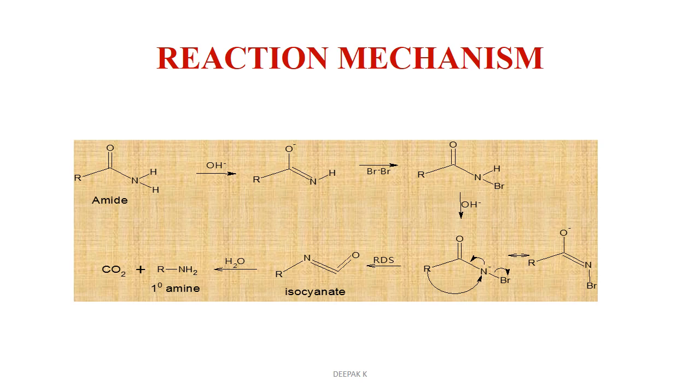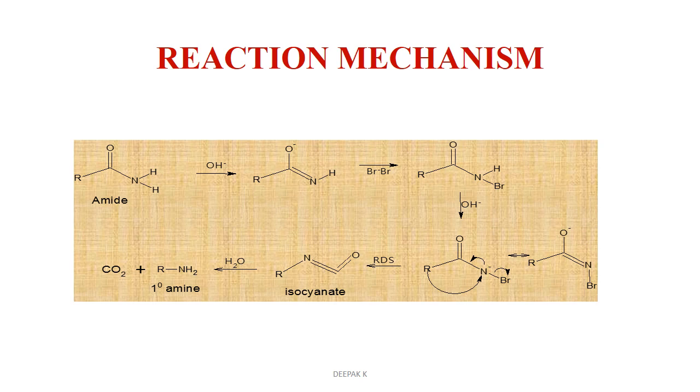And now look at the mechanism. In the first step, the amide, in presence of a base, removes one of the protons from NH2 to give the intermediate, right? And then in the next step, you are adding bromine, because the two reagents we are using are bromine and hydroxide. So hydroxide will remove the proton, and nitrogen will undergo electrophilic attack on bromine. Okay, so what is happening there? Because in that case what you are getting is a nucleophile. So there is a C double bond N, that's a nucleophile, and bromine is an electrophile. The double bond will attract the electrophile to its site.